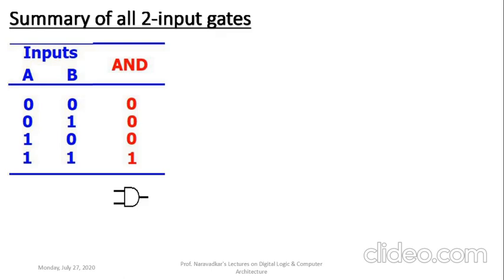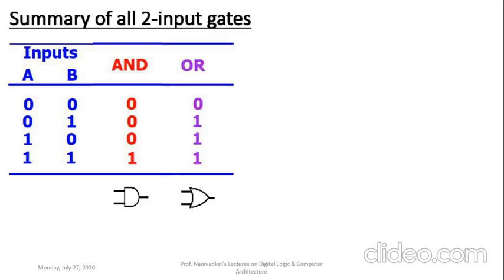Now the next gate is the OR gate. We consider that same set of inputs from the left side. Inputs are given by variables A and B using blue color. Their 4 combinations are written in 4 rows. Then in case of OR gate here, the output is shown by violet color.